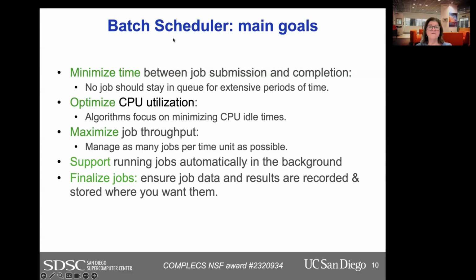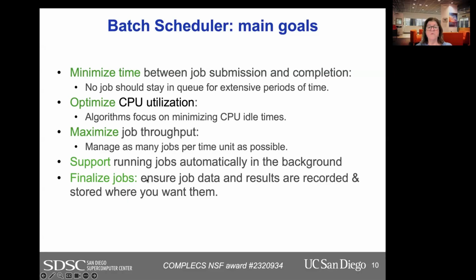So the main goals of the scheduler are to minimize time between job submission and completion. We don't want our queues or hardware to be idle, and a job should not stay in the queue for a long time either. We need to optimize the use of our CPUs. The algorithms focus on minimizing that. They want to maximize job throughput, get as many jobs done per unit time as possible, and run the jobs